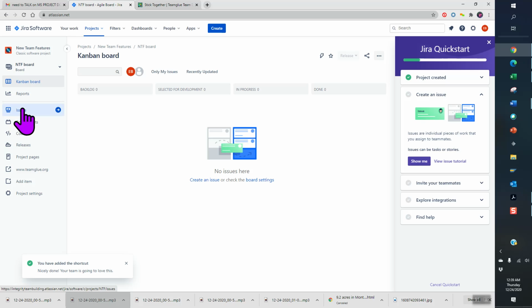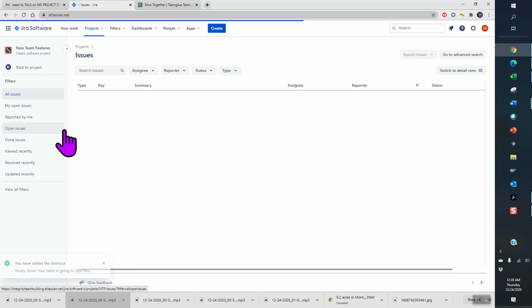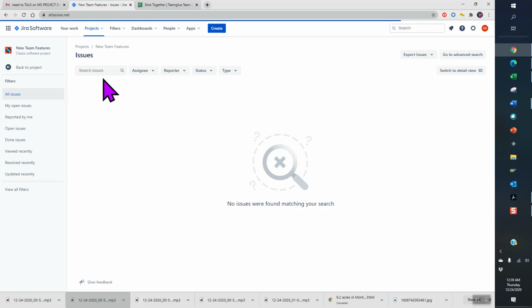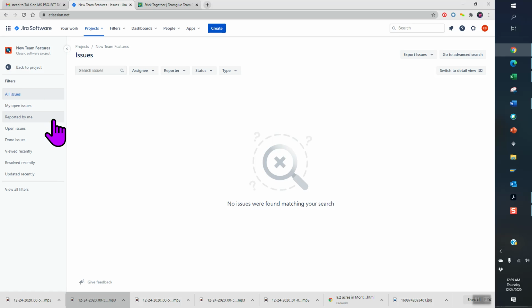In terms of issues, I could just start listing them right here. When you fill out the issues board, you can search them or you can create a new one. It all depends on what you're attempting to do. But the key thing is that you have any open issues, anything reported by you, anything that's done, anything that's been viewed. This is where everything goes, so you're able to filter it here. So if you click create,